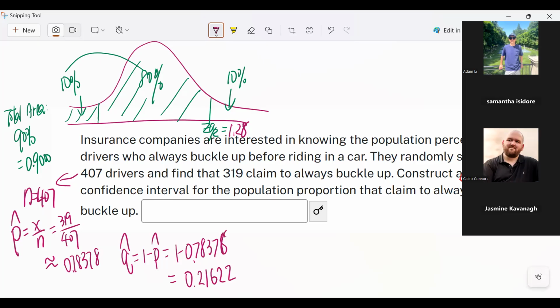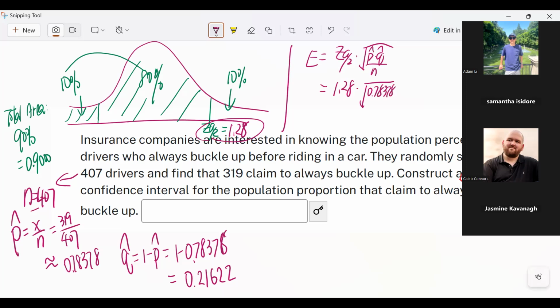And we know both p-hat and q-hat, so we can find the margin of error. The margin of error equals the critical z-score times the square root of p-hat, q-hat over sample size. So this is 1.28 times the root of